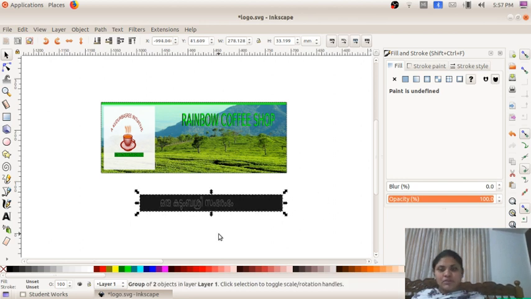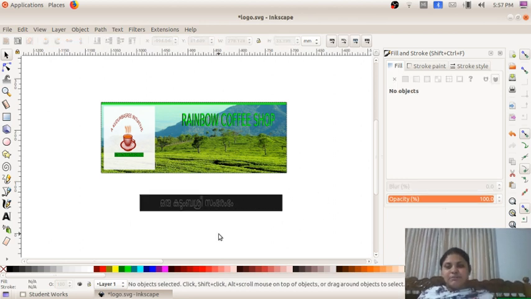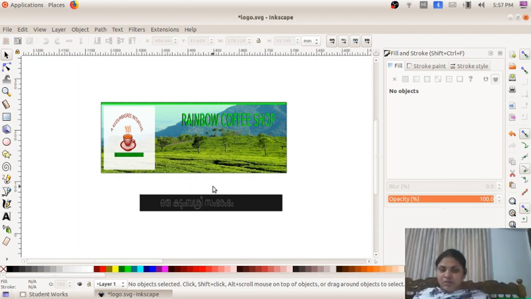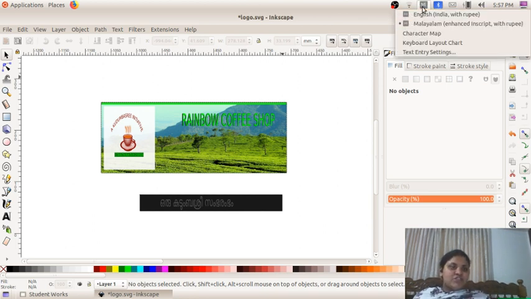See, so once more I will explain. We have to type the text Oru Kudumbashree Samrambham. The font is in Malayalam. The language setting was in English, so we changed it to Malayalam.